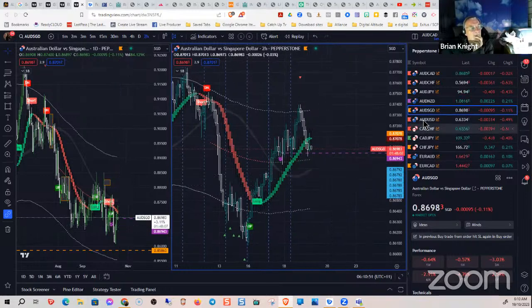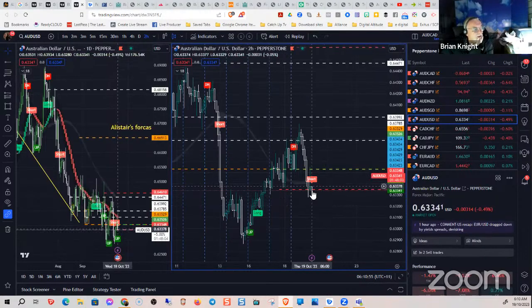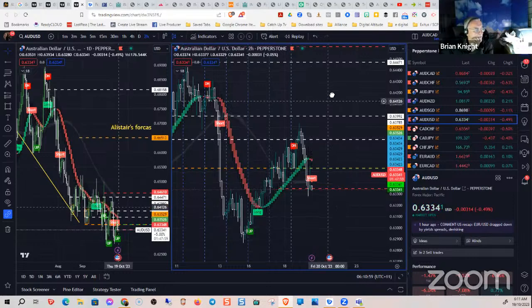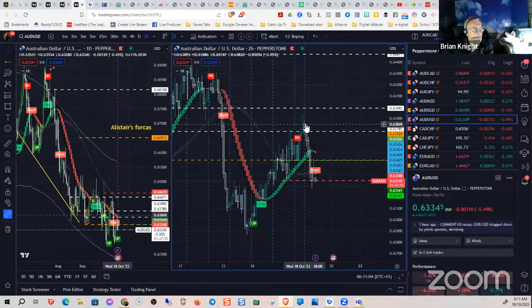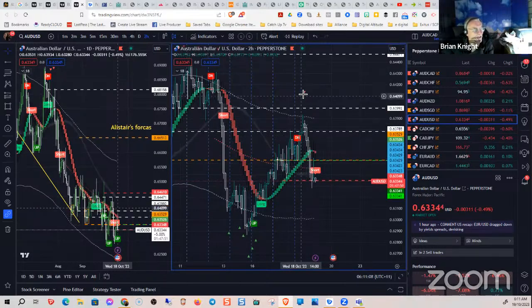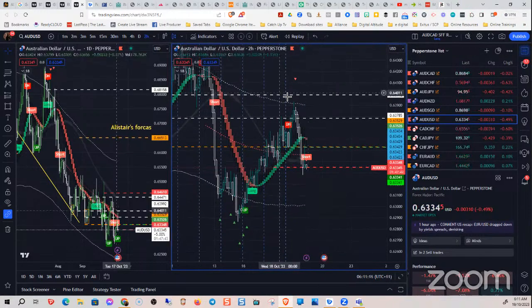All similar. AUD USD. This one also I got stopped out on just there. Same as the AUD CHF. I got into the trade there. It came up. It was great. And then here at the same sort of time, 8 o'clock at night for me, and bang, we get a red arrow and down she goes. Got that one too. You would have.